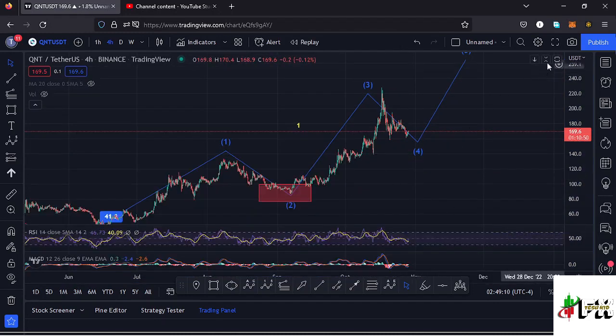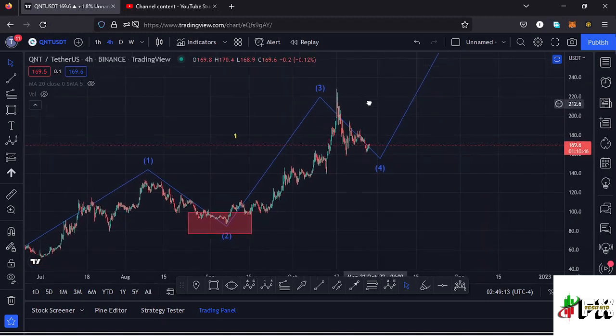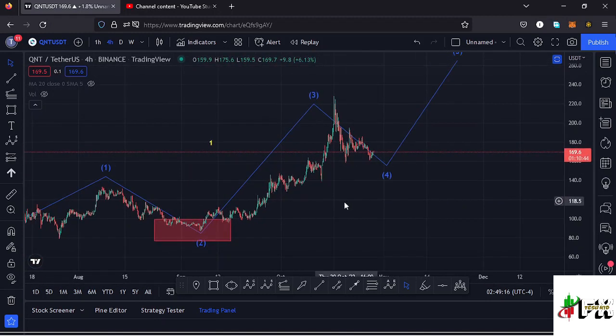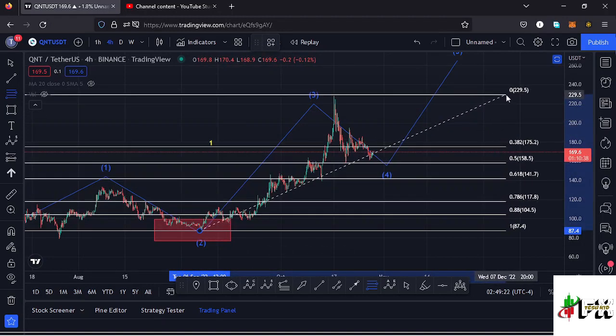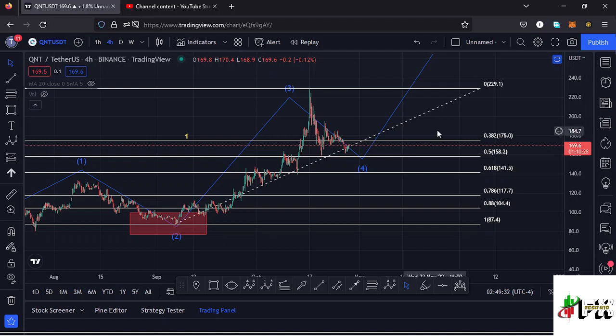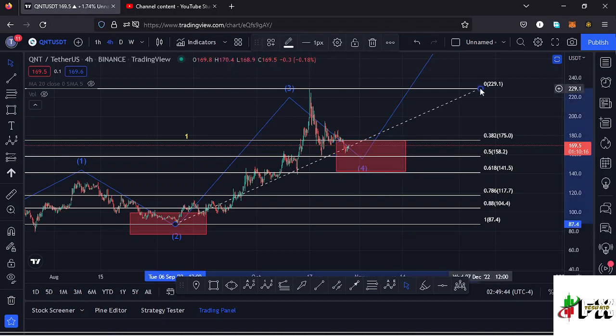And since our wave 4 is a retracement of the third wave, we can sketch out a minimum target area to the lower side in the formation of that fourth wave using the Fibonacci's, connecting them from the low of that wave 2 to the high of the wave 2, and that gives me a minimum target area to the lower side in the formation of a wave 4 between the fib level 0.382 and the fib level 0.618, and I can mark that target area here on the charts like that, and that target area lies between the $175